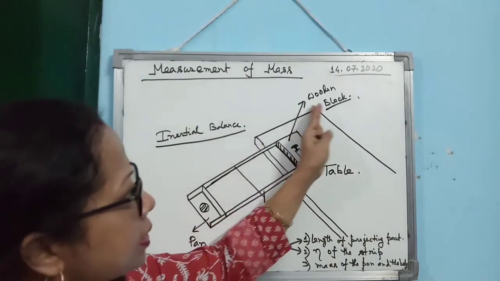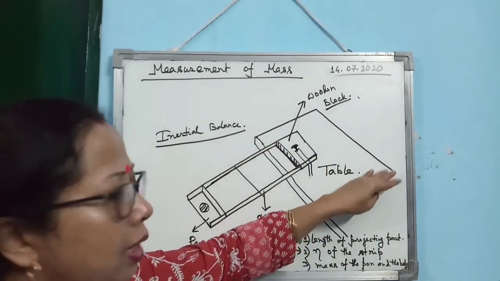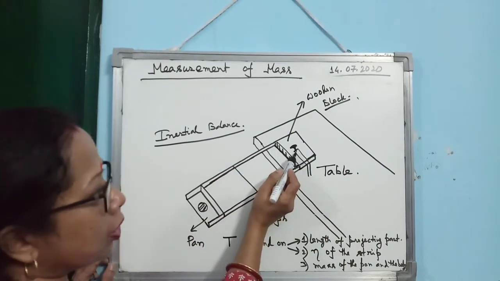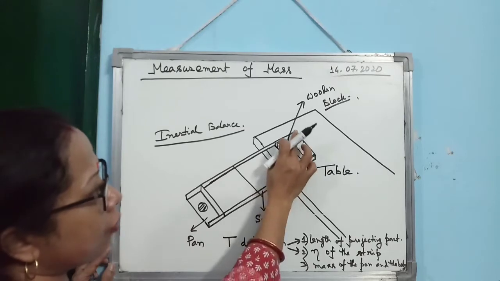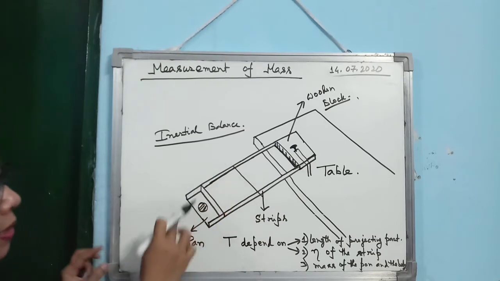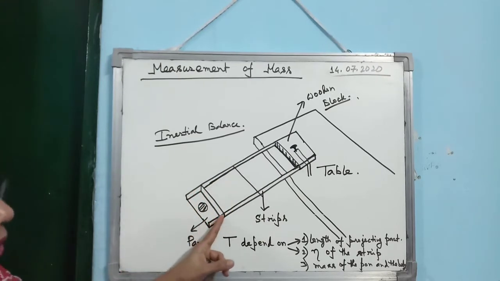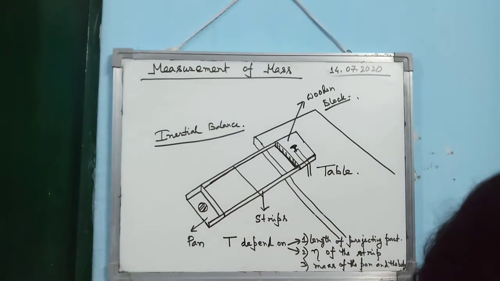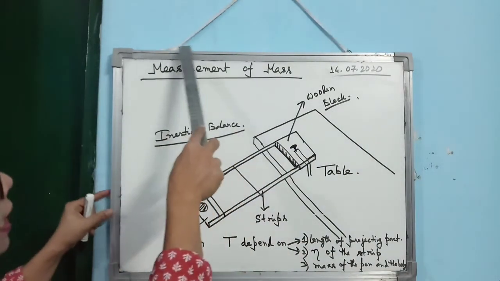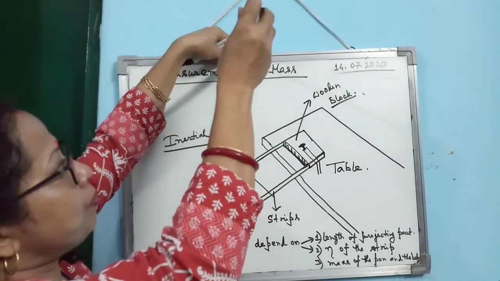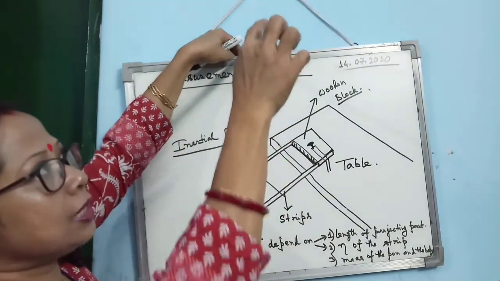It is a very simple thing. Suppose this is the top of a table. I have not drawn the entire table. Now on the top of the table, by a metal strip and clamp, a wooden block is attached. Then with the wooden block, two metal strips along with a pan are attached. Suppose this is the wooden block, and it looks like this. Just assume this is the top of the table and you have attached a metallic strip and a pan like this.